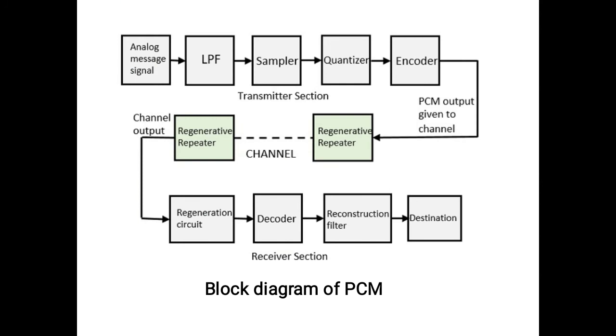And this is the entire block diagram of PCM. Here, transmission section and receiver section are combined together, and you can see a channel which acts as an interface between transmitter and receiver section. Okay, now I will try to explain each and every block in 1 or 2 points. You write down the same thing, no problem.